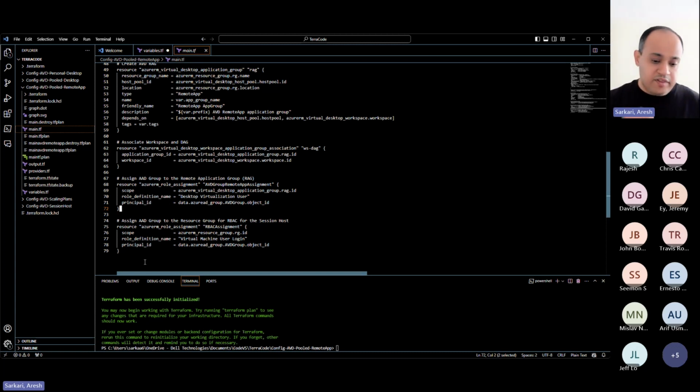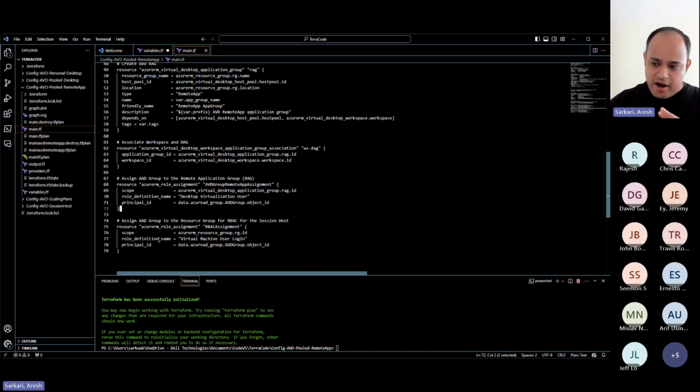They should be part of that particular role if they want to consume the Azure Virtual Desktop. So this particular block is doing that aspect for you as well. So you don't have to go and assign the role manually. It is assigning the virtual machine user role within Azure so that users can log into your remote apps from there. So this, in a nutshell,